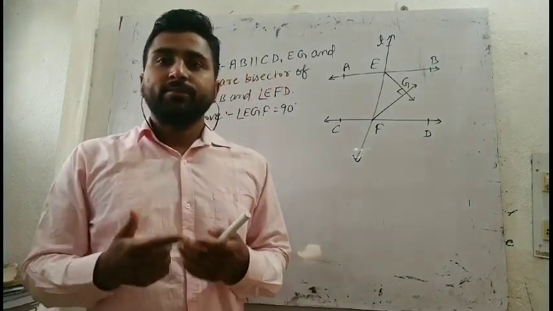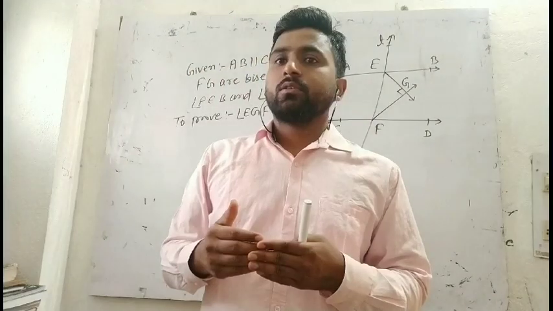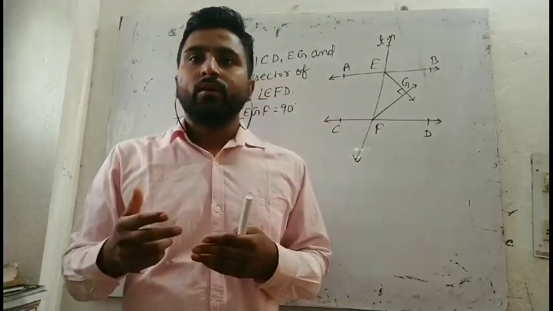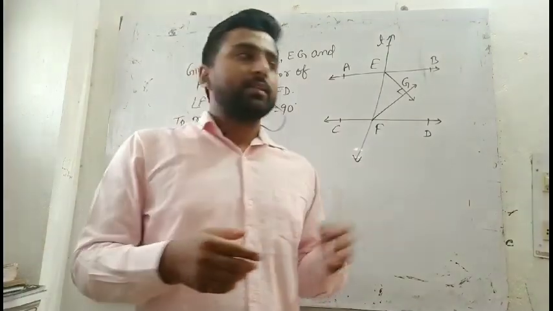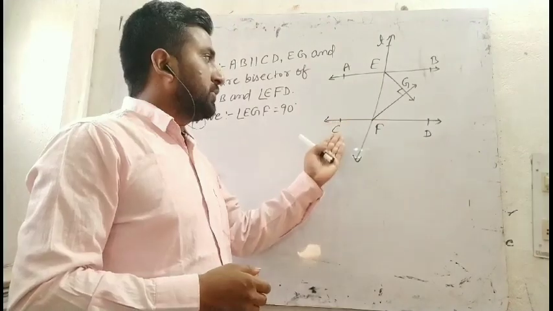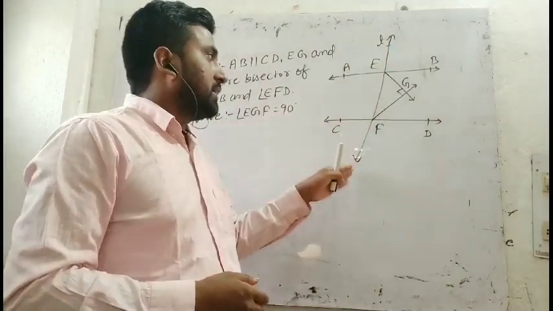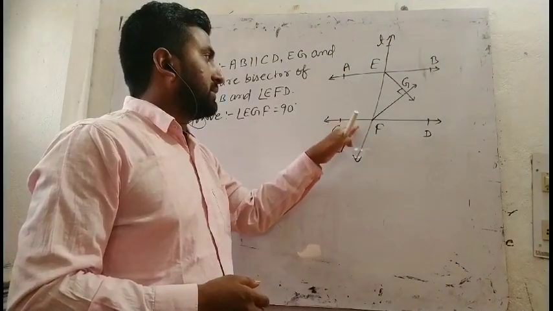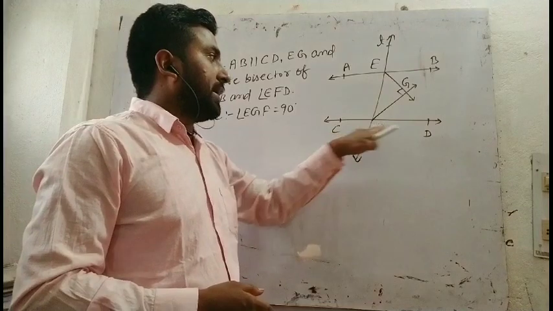Students, in this video I am going to teach some questions on the property of parallel lines and its transversal. Here is the figure. In this figure, AB is parallel to CD, and line T is a transversal of AB and CD, intersecting AB at E and CD at